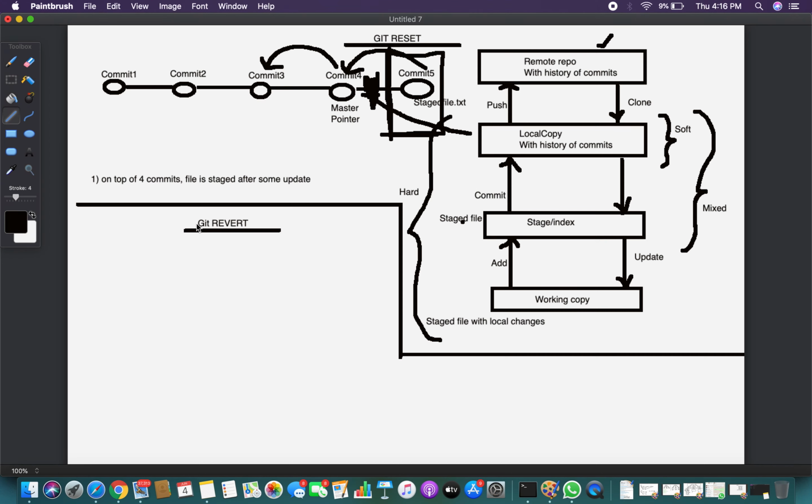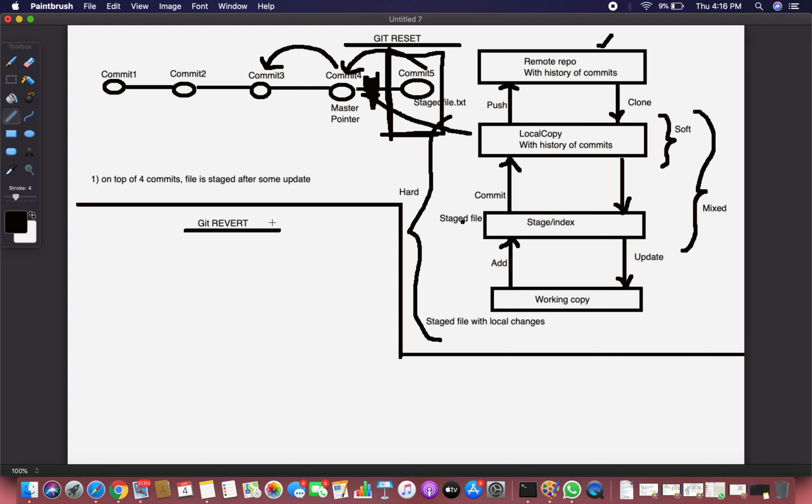Okay, the Git revert is similar to the Git reset, which means you are reverting to the previous commit. The way the mechanism works is different, but the purpose is the same. You are going to revert from commit 4 to commit 3. And what happens if you do a git reset, you know already, because you are going to move a head pointer from your current commit to the previous commit or the specified commit in the history.